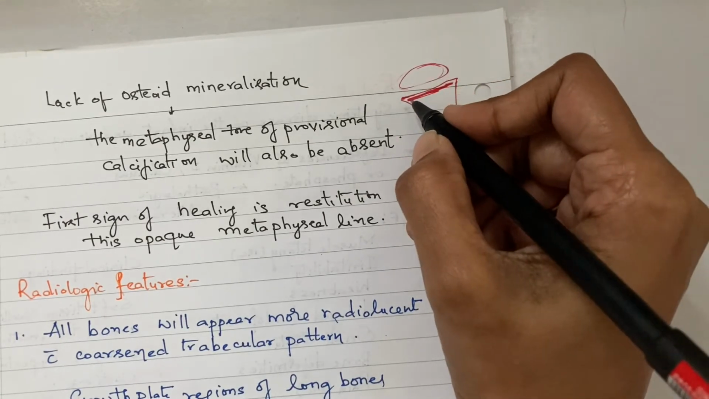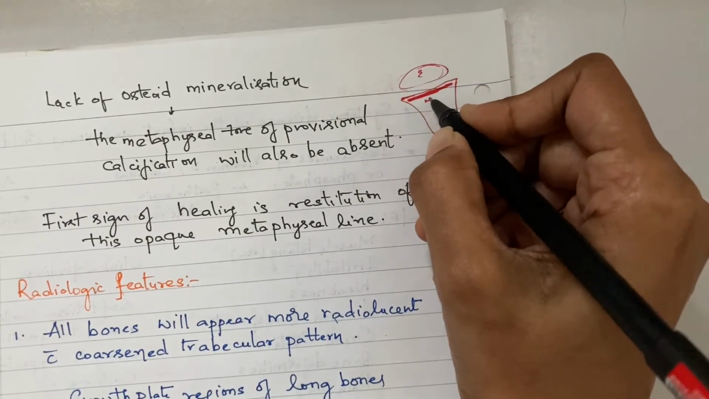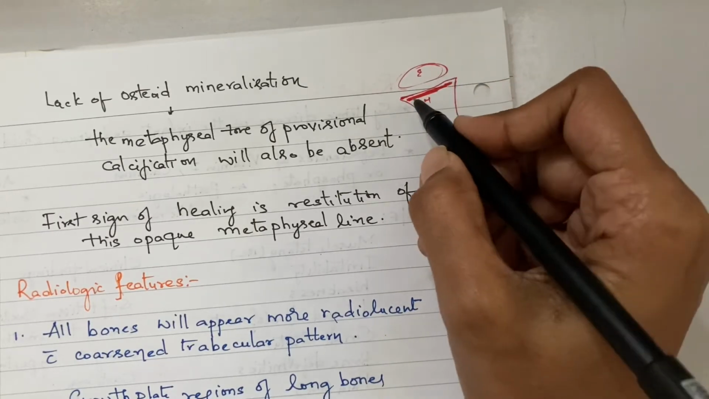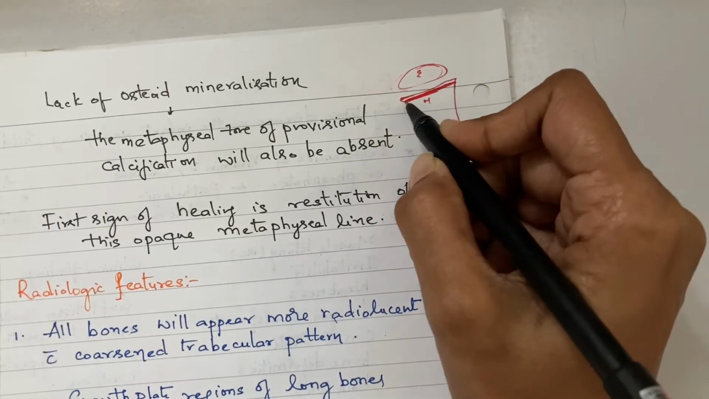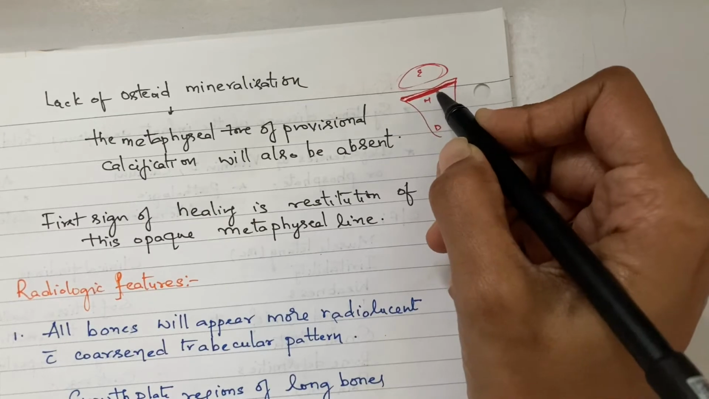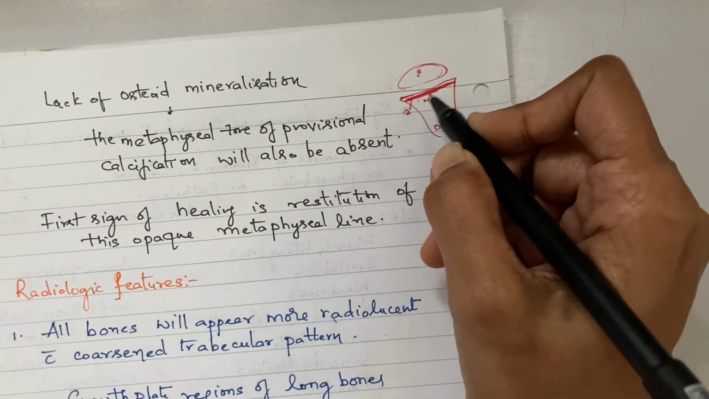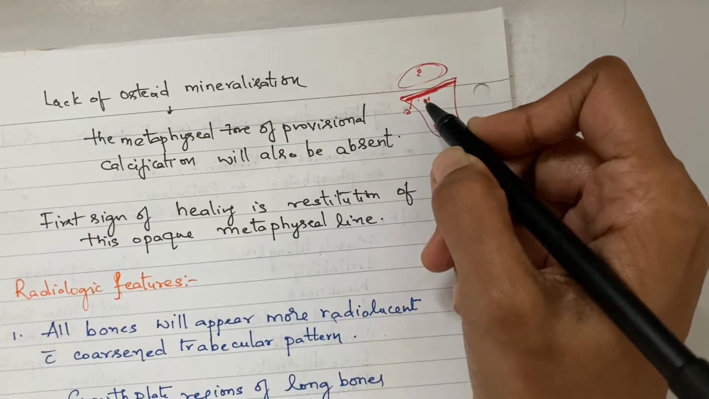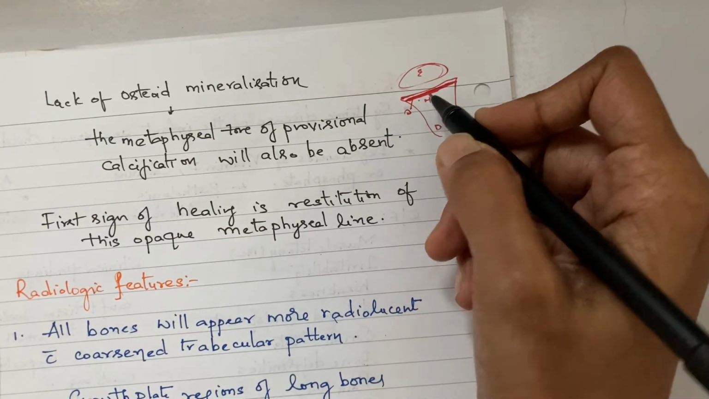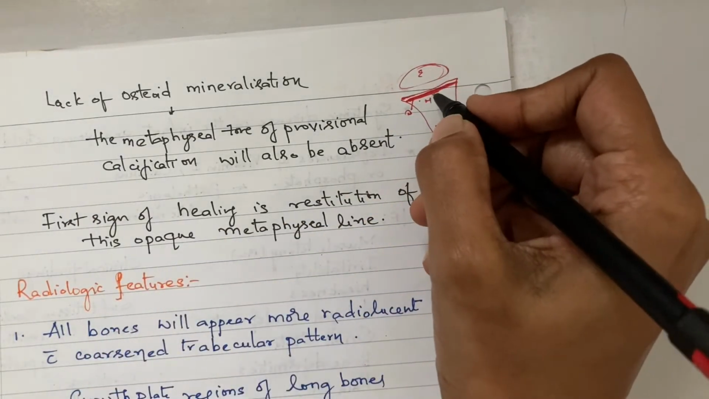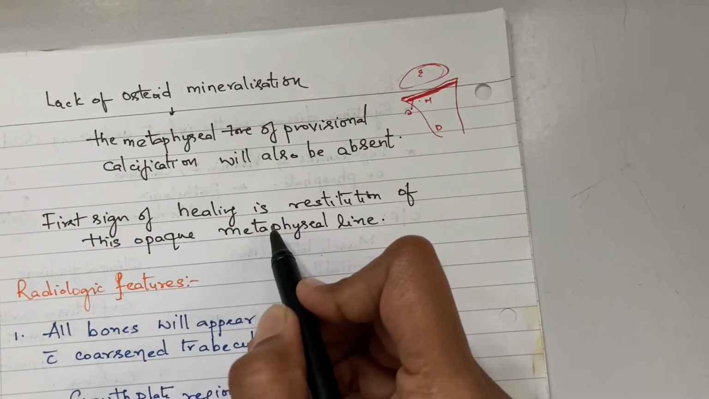This is epiphysis, this is metaphysis, this is diaphysis. They have something like a zone of provisional calcification. This will not be present in rickets; this is normal. In normal people it will be like this, metaphyseal zone of provisional calcification, and in people with rickets this will not be present. So if it reappears, this is the first sign of healing, if this opaque